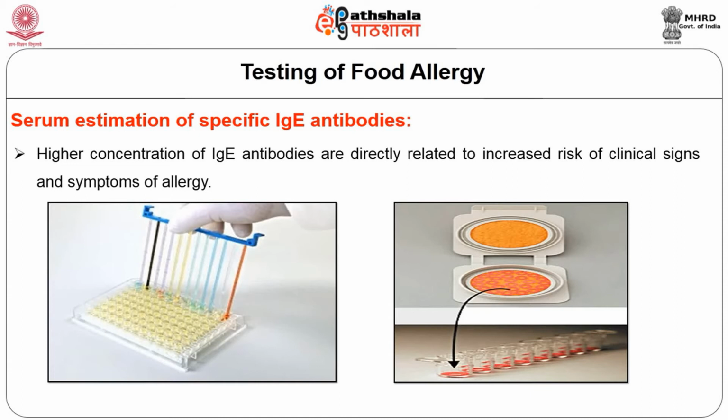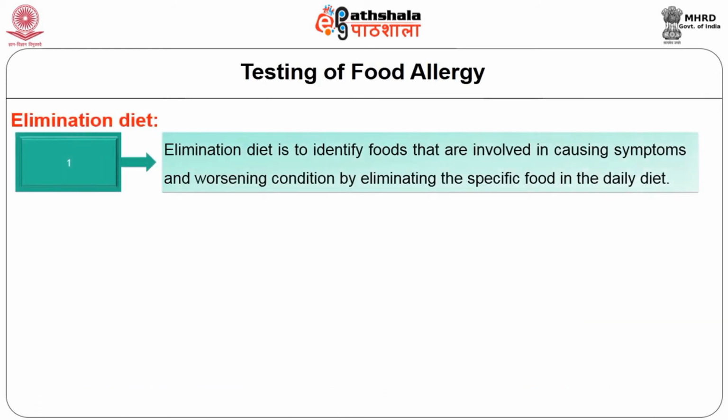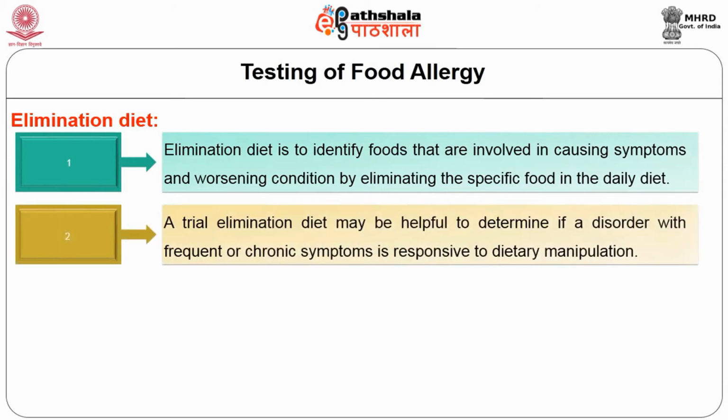Hence, serum estimation of immunoglobulin G antibodies is essential. Elimination diet helps to identify certain foods that are involved in causing symptoms and worsening the condition, by eliminating the specific food in the daily diet. The steps involved in an elimination diet are planning, avoiding, challenging and tailoring a new diet. An elimination diet may be helpful to determine if a disorder with frequent or chronic symptoms is responsive to dietary